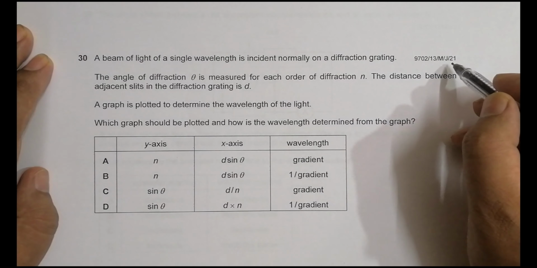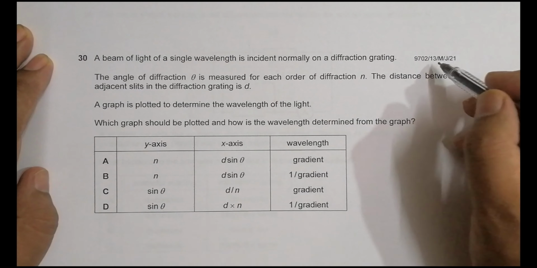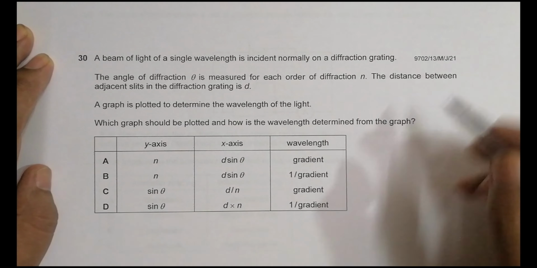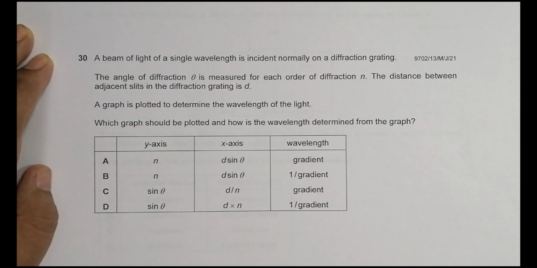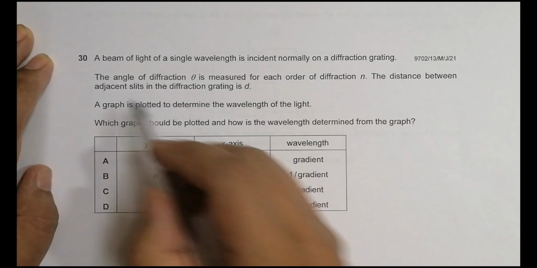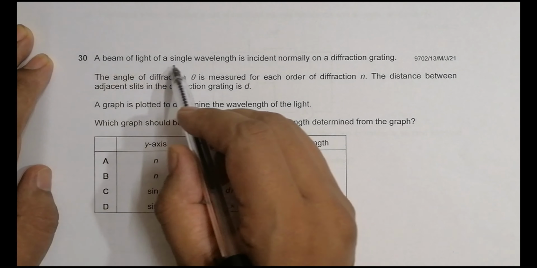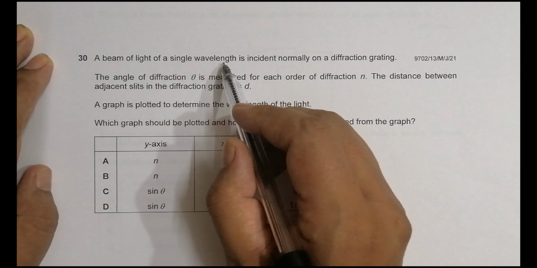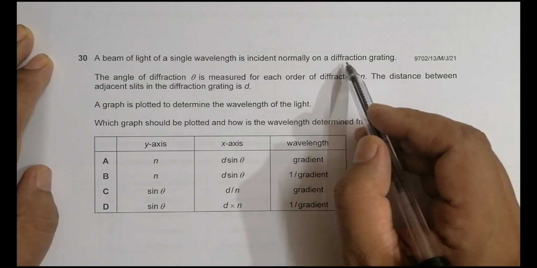Hello folks, this is 2021 May-June paper 1-3 and the question number is 30. It belongs to the chapter of superposition of waves. As you can see, terms like diffraction, grating, like that. It says a beam of light of a single wavelength, monochromatic wave, is incident normally on a diffraction